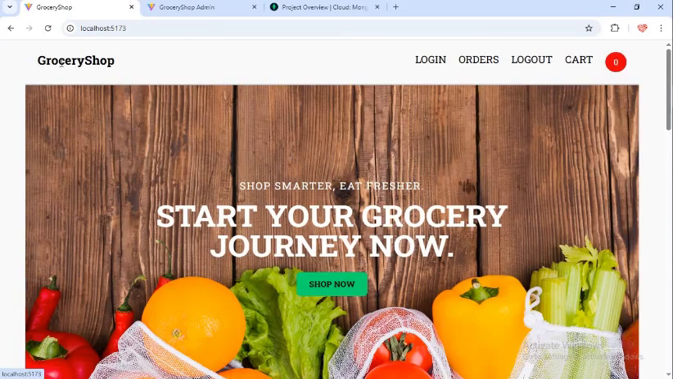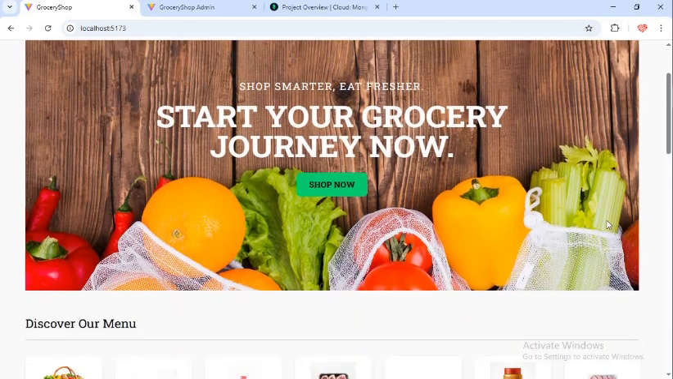Welcome to Grocery Shop, a full-stack grocery shopping website built with the MERN stack: MongoDB, ExpressJS, React, and Node.js. In this project, we're going to build the front end, back end, and admin panel. In the front end, we'll start with the navigation bar, then a stunning hero section with fruits and vegetables displayed on